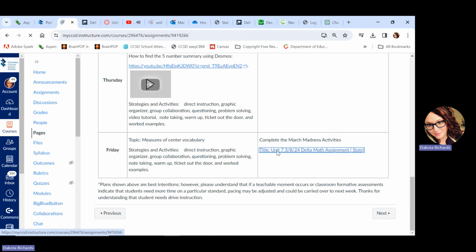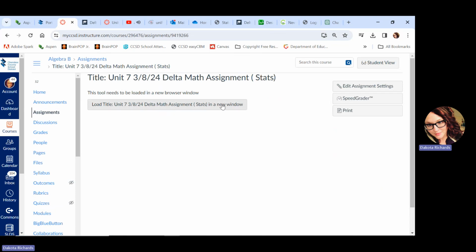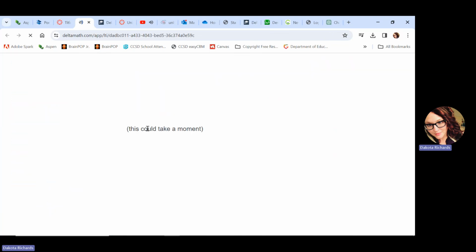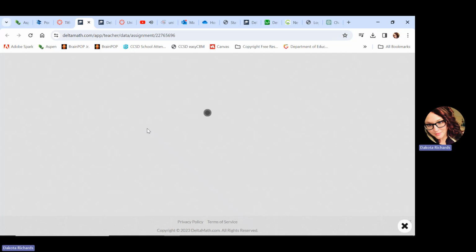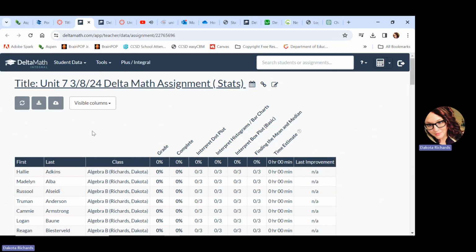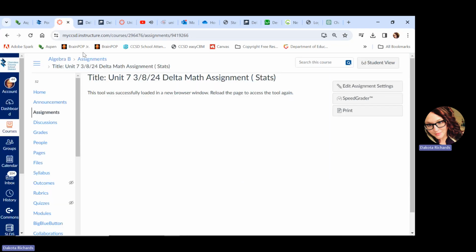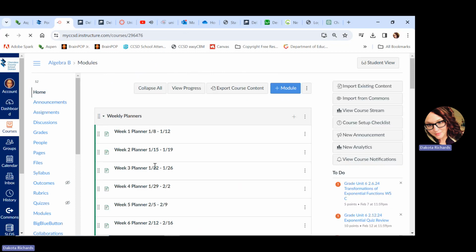According to Delta Math, I think you should finish it. Let's see what it says. Maybe like 14 minutes is what it quoted for how long it should take you. This just means no one has started the assignment, but it should take you like 15 minutes tops. So after you do your Delta Math assignment, you're probably wondering, what in the world is this March Madness